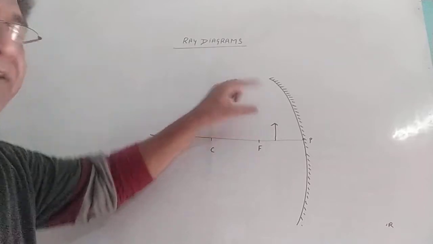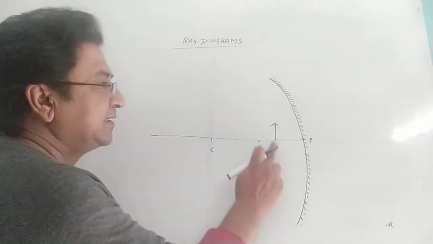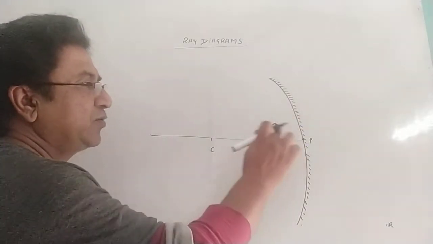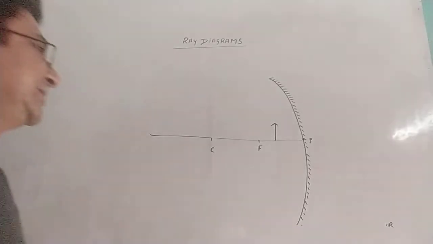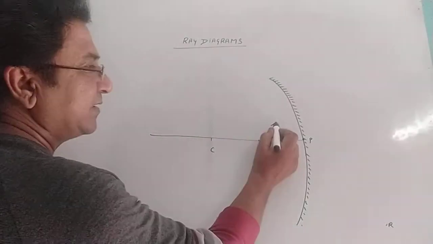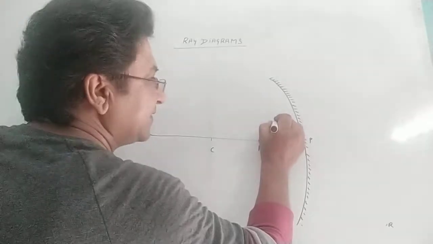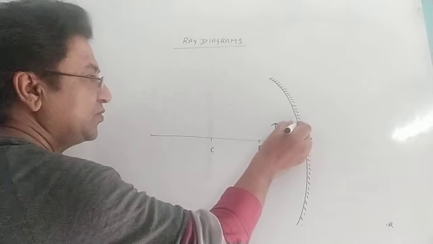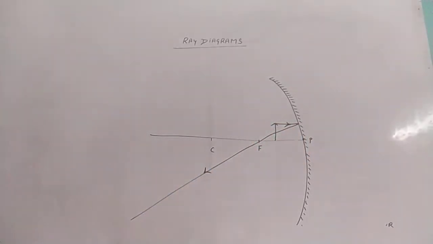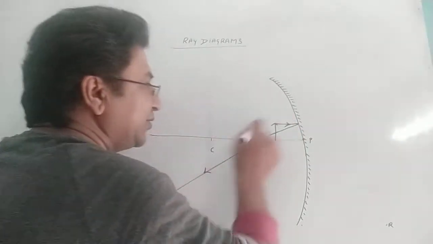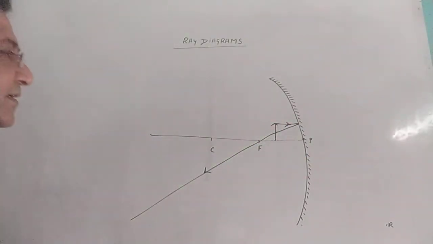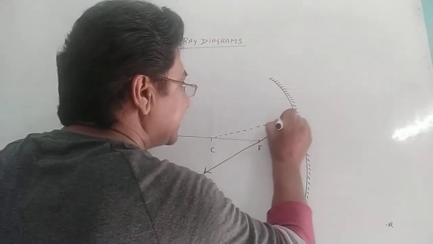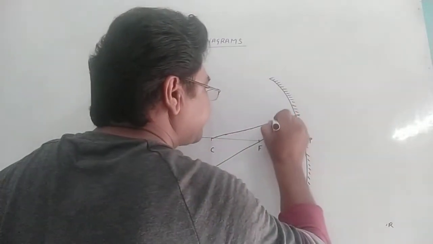Now this is an object. In the ray diagram, we make an object with a perpendicular line having an arrow. Arrow means head, and this line is the foot of the object. Every ray will come from the head only. So the first law is: a ray which is parallel to the principal axis, after reflection passes through the focus. I'm not using a scale, so a little bit of deviation can be there. And the second ray is the one passing from the head and the center of curvature. So take a scale and draw like this.